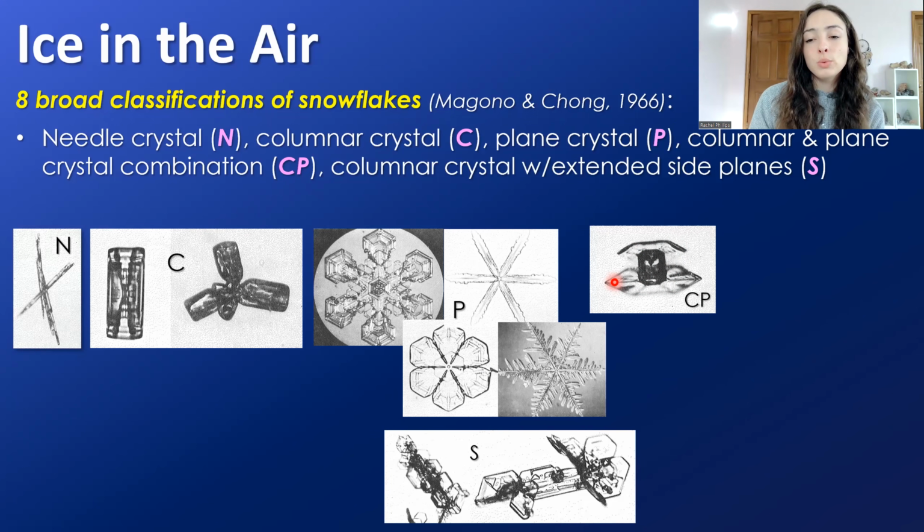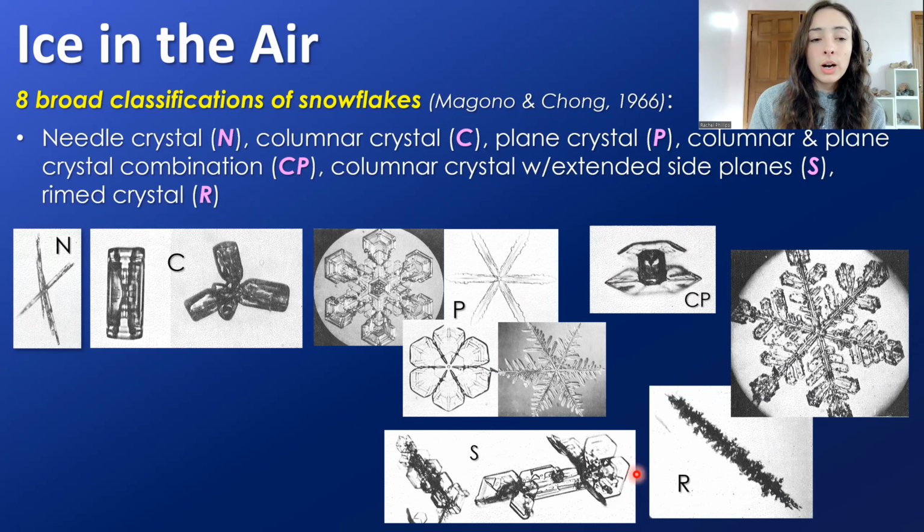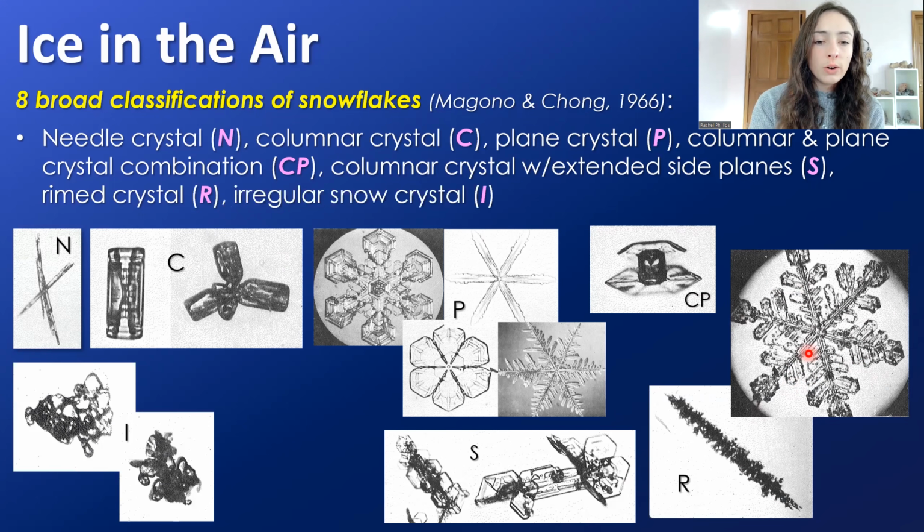Then we have columnar crystals with extended side planes. These images are all from that paper, so again, it's linked down below. And then we've got rimmed crystals, so pretty much any type that I just showed can be rimmed. Basically, here's a needle that has a bunch of little balls on it. I guess that's kind of what I grasped from the rimmed kind of structure. And then you've got a plain star-like snowflake with these little balls on it, and that makes it rimmed. And then we also have irregular, which is what it sounds like. It's just irregularly shaped, not symmetrical,